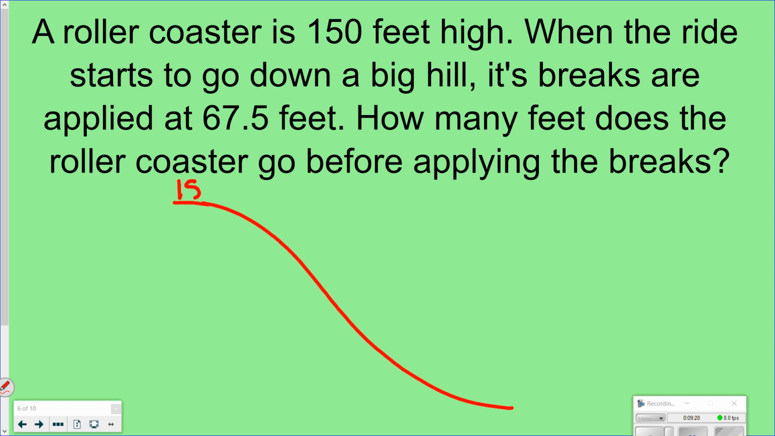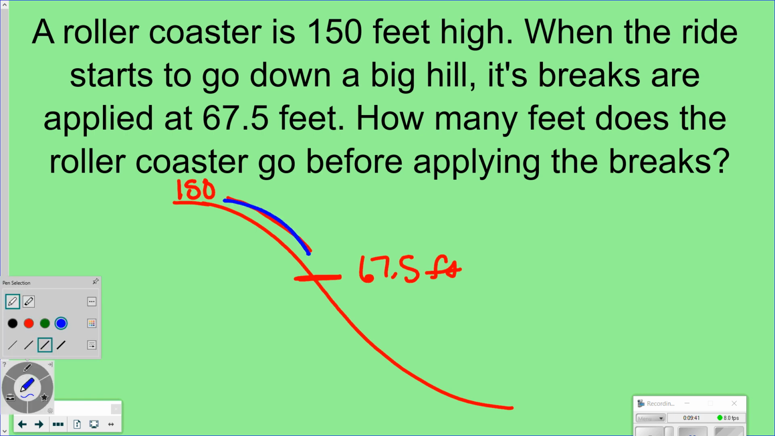So 150. Goes down the hill. Its brakes are applied here at 67.5 feet. Okay, I want to know how far this roller coaster went in here before it applied its brakes. So this is another pretty easy problem. You can draw a picture, or you could say, oh, I just know I'm just going to take 150